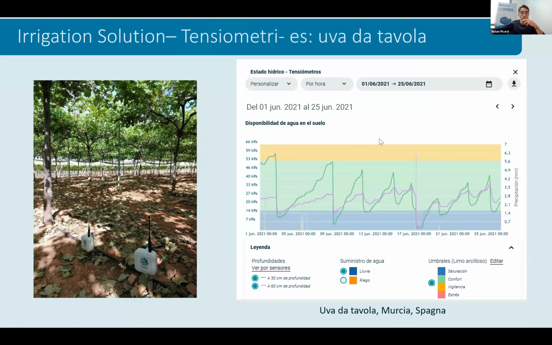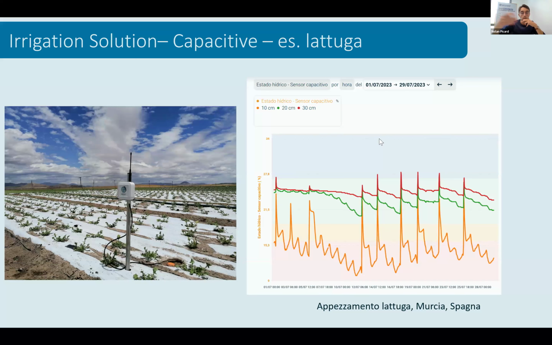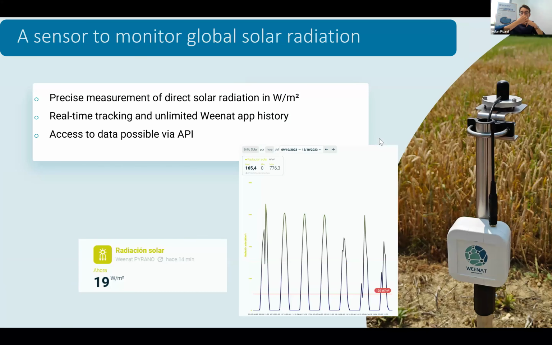So this is an example in table grapes of what the farmer can monitor. But we can also do other systems with capacitive sensors, which allow us to determine soil field capacity, to have this information as well, which is a limitation of the tensiometer style. And we can do that with every parameter. So I'm going to quickly pass on that point to go to other parameters of interest, specifically in agrivoltaic projects,